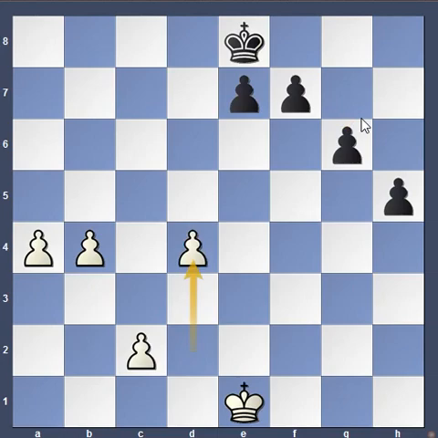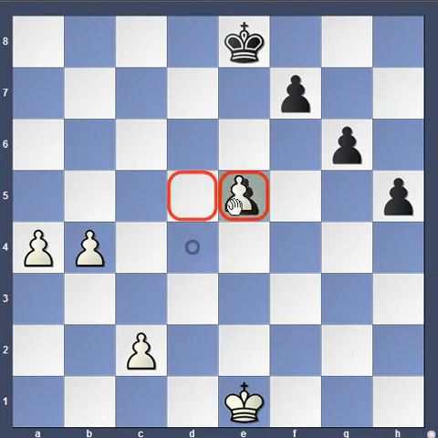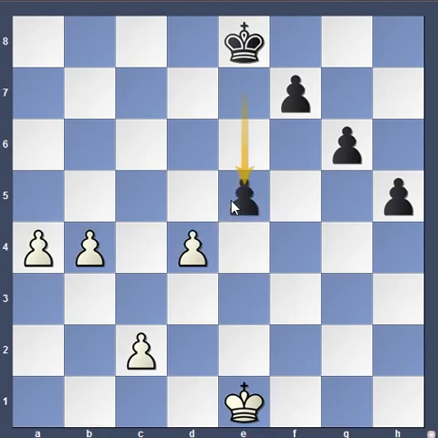And another important feature of pawns is that they move in one direction, that is forward, but they capture in a totally different direction, that is diagonally. A pawn captures only diagonally. A pawn cannot capture another pawn which is right in front of it. It can only capture either this side or this side. So here we can capture the black pawn.